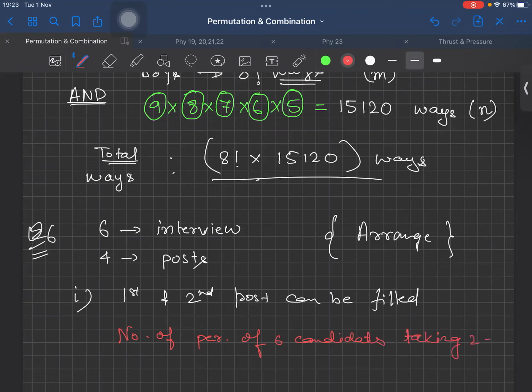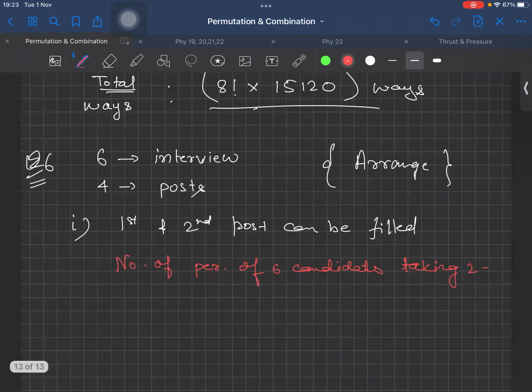This meaning is getting clearer, right? Taking 2 at a time, taking 4 at a time. It will come with solving problems. Okay, don't worry. I know sometimes it feels like, okay, what is going on, but just keep solving problems, you will understand it. So 6 into 5. For those who don't know how to solve permutation, it is 6 factorial upon 6 minus 2 factorial. So this is 6 into 5 into 4 factorial upon 4 factorial.